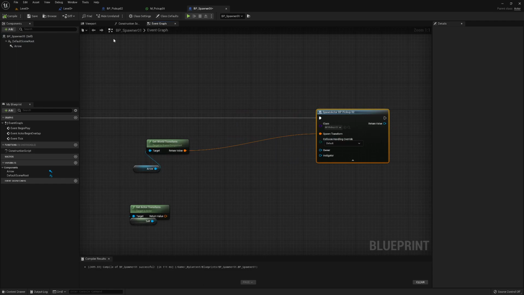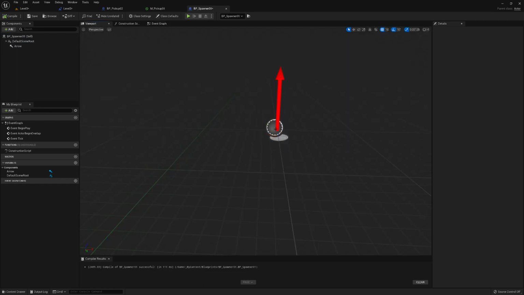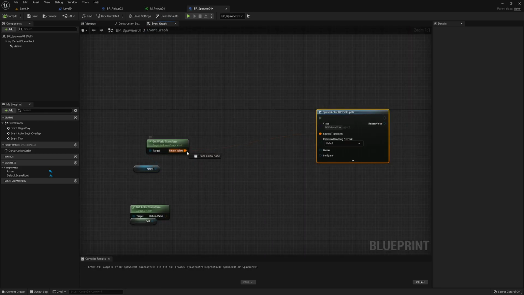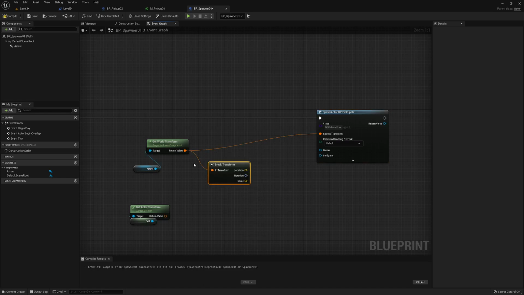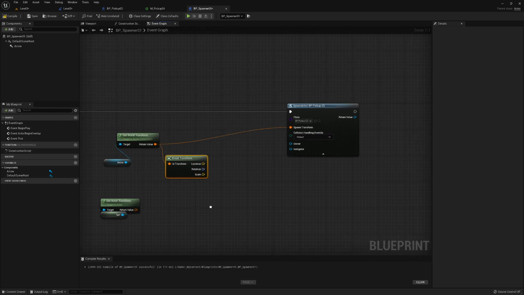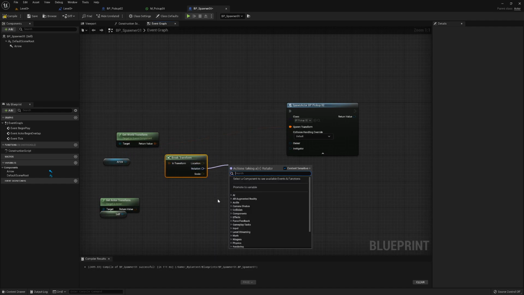So what I'm doing at the moment, I've got this up arrow and I want to keep that, but I don't want to rotate the object that I'm spawning. What we can do is we can actually break this. Break our transform. So we go location, rotation, and scale. And it's a rotation. We can also break,